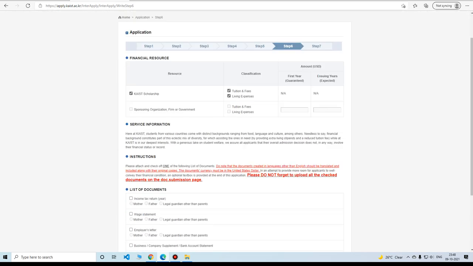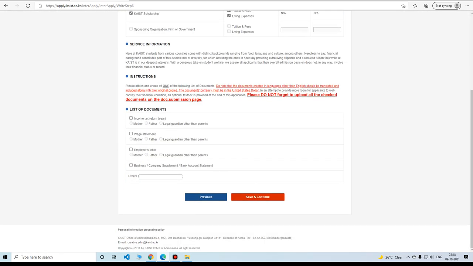If you click this, you have to upload one of these documents, only one of these documents, as it is written here. The most easily available ones are the income tax returns, because your parents file these every year, so it's up to you.